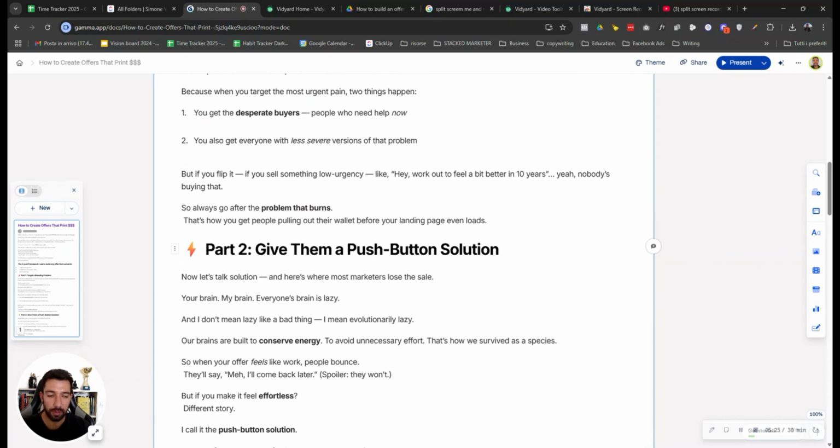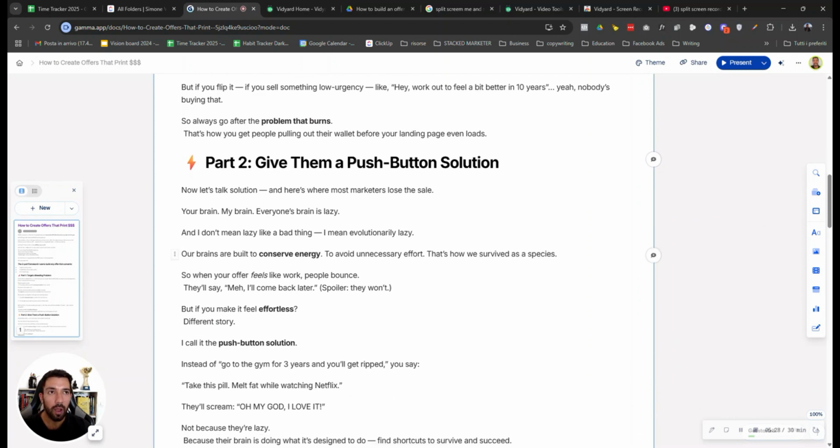And then we have a push button solution. Once you've identified the most urgent problem in your niche, the best thing you can do is give an easy solution. I like to call it a push button solution. Now, this is because your brain, my brain, everyone's brain is lazy, and I don't mean lazy in a bad way. It's lazy because it has to survive. Our brains are built to conserve energy. So our brain is going to do everything